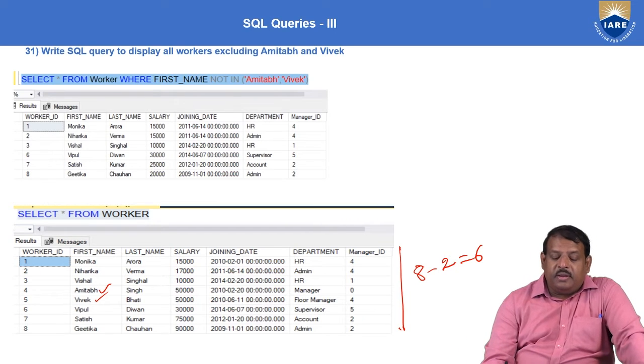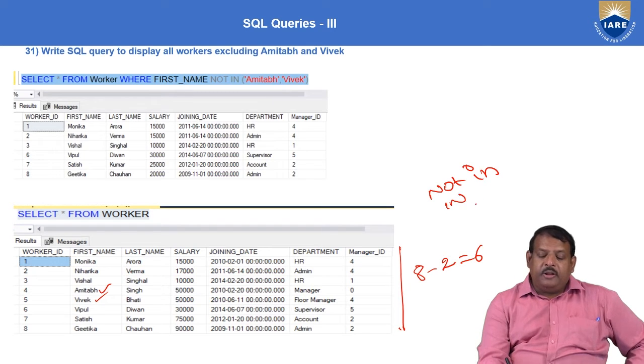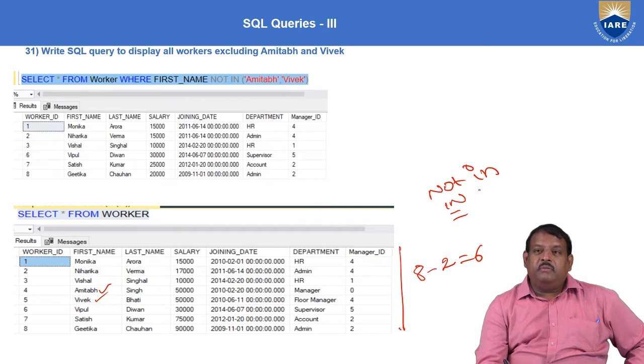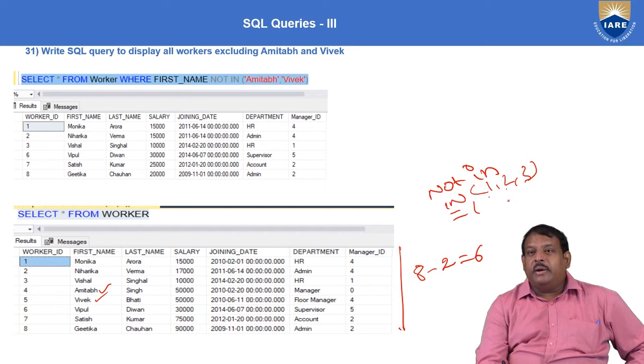In order to write this query, we have to use the operator called the not in operator. Now we'll see the in operator. The in operator is like the equal to operator. By using the in operator we can find multiple values. So I'll say in 1, 2, 3, etc. When a condition matches with any of these values 1, 2 or 3, your data will be returned. Similarly, is equal to is going to search for only one value. So by using is equal to, you cannot search for multiple values.